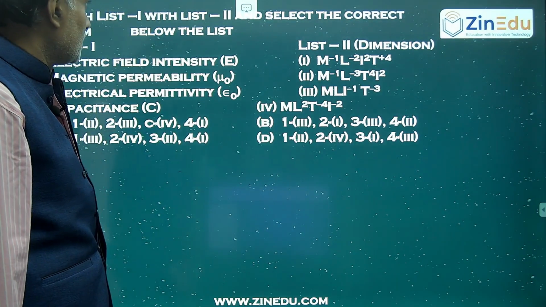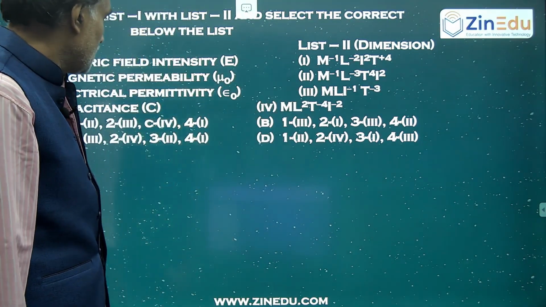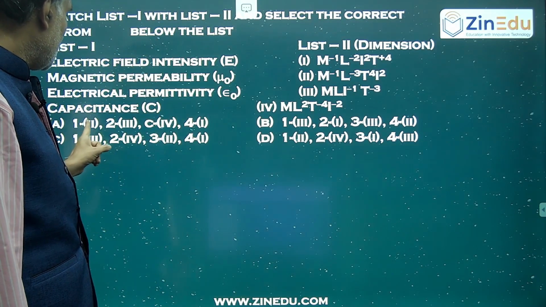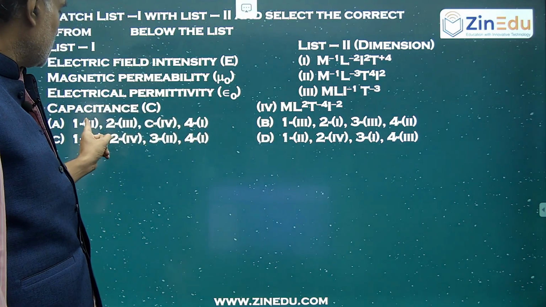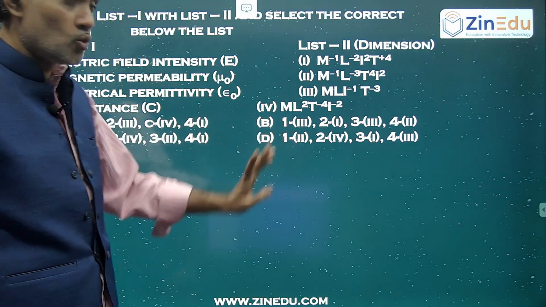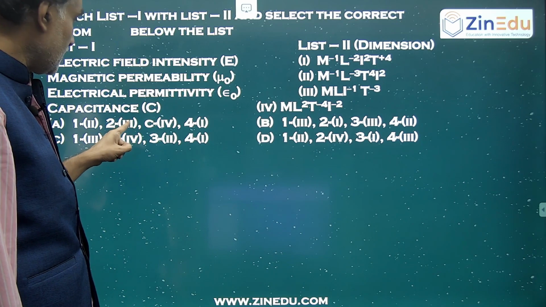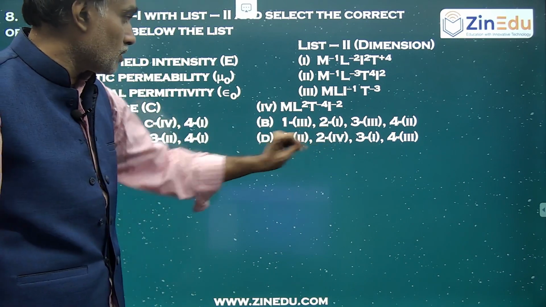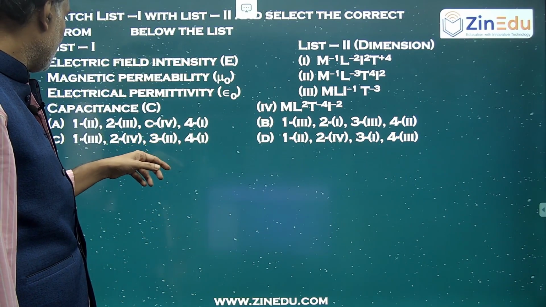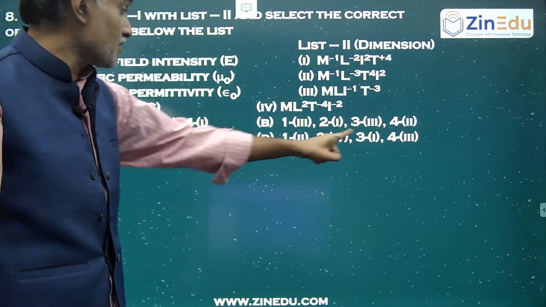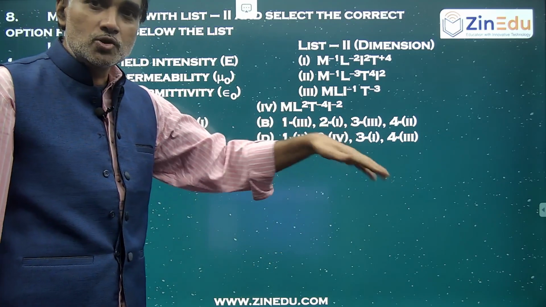Match the list and choose the correct option. It has given different physical quantities and dimensional formulae. But what happens is that for 1, options are repeated. For 1, here 2 they have given, here 3, here 3, here 2. For 2, here 3 they are given, here 1, then 4, then 4, once again repeated for 2 also. For 3, electrical permittivity, here 4, here 3, here 2, here 1. If you check for 3, you will get the answer, because for 3 it is not repeated. So check directly for 3.